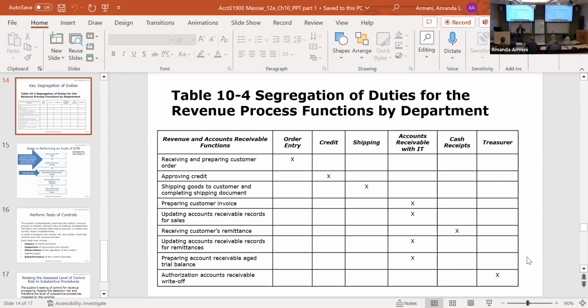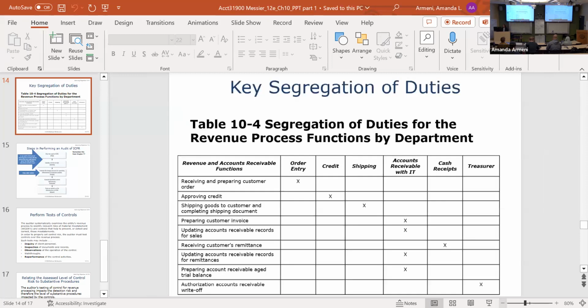Okay. There should not be one person that is able to access the customer's cash payment and also access the accounting records, because they could steal the cash payment and make a journal entry to cover it up. Okay, so generally speaking, these are the kinds of functions and how they should be separated within the organization's revenue process. Again, use it as a resource as you think about how these controls should be functioning in your Earthware